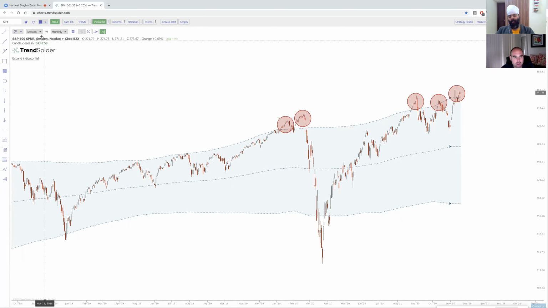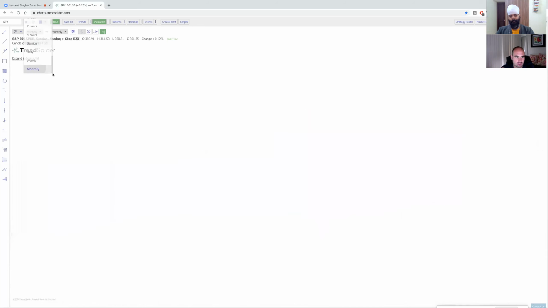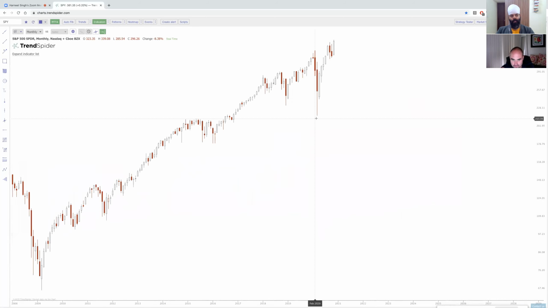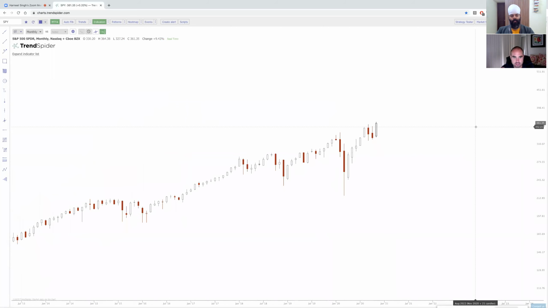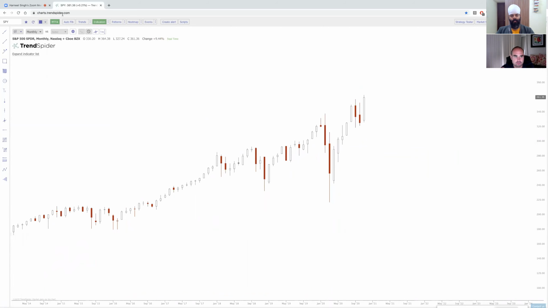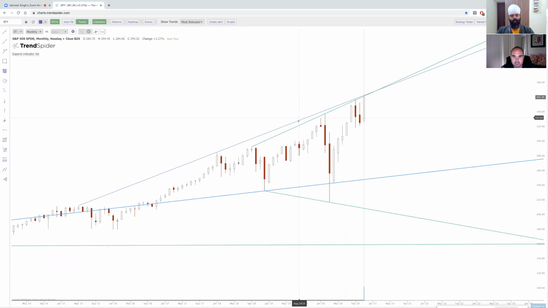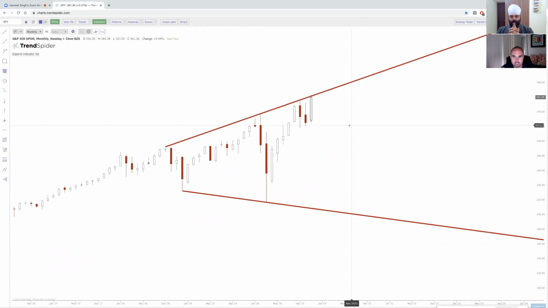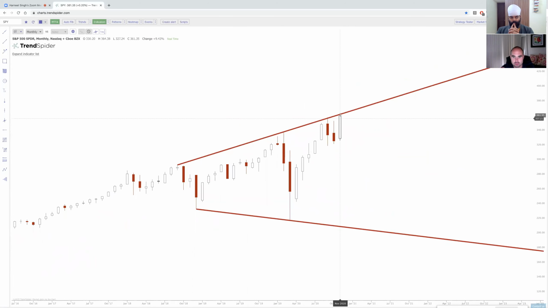Now, what I want to touch on here is the monthly candles as well. So I'm just going to turn on auto trends. I'm going to take this off log and just turn on trends. You'll see here that we have this clear broadening formation, right? It's pretty close to nearing this resistance once again. And this would be the third time we've tested this after the initial starting point in